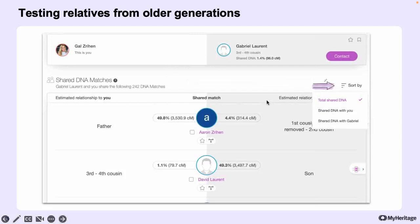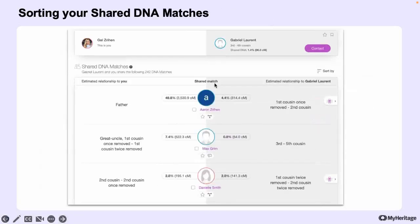So let's choose, for example, the shared DNA with me. Now I see that the first choice is Aaron, which is my dad, and David, which is Gabriel's son and my third to fourth cousin. But if I sort it by the DNA matches that share the most DNA with me, now I see something interesting. Now I have Max, and now I have Daniel here also. Well, Max is kind of far from Gabriel, but look at that. Max and Daniel